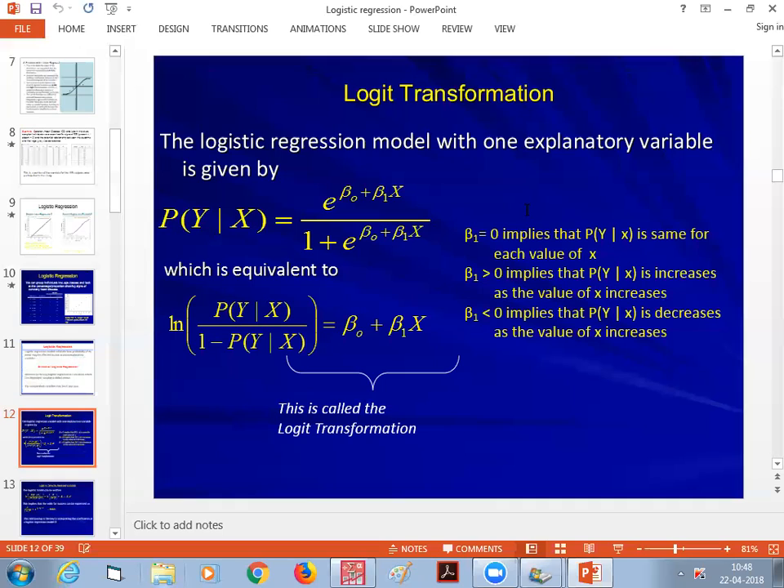But in logistic regression, we don't directly write Y equals. We write it here in terms of probability, the probability of Y given X. If you want to write this in a logit form, that means in a linear form, then what you should do is take a log of this function, probability over 1 minus probability. That is nothing but a linear function. So what does beta 1 indicate? Beta 1